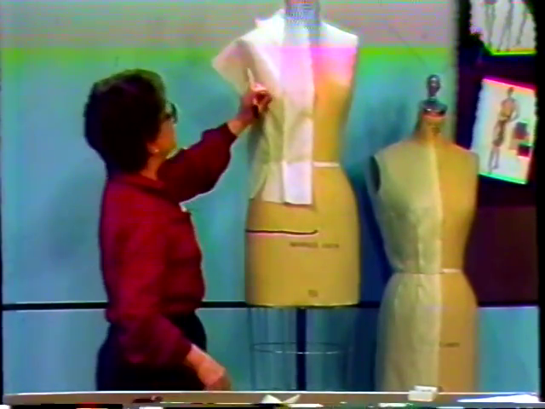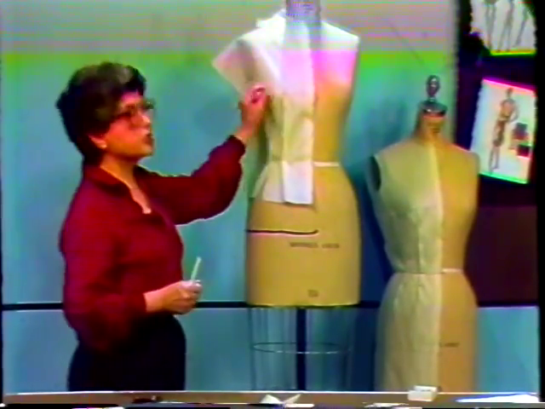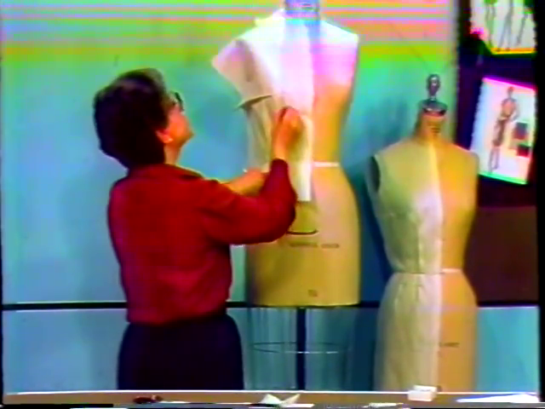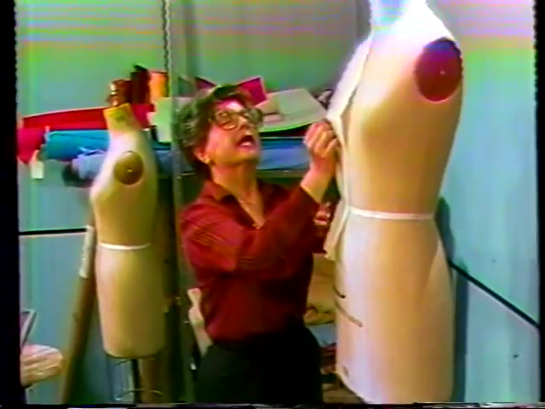The last thing we would want to do here is to identify the vanishing point of the dart. Estimate, look at the figure, see how your waist dart travels up the body, and at the point it disappears, place a pin at the vanishing point. You may mark it if you wish, but my personal preference is to place a pin at that location temporarily until we true on the table.